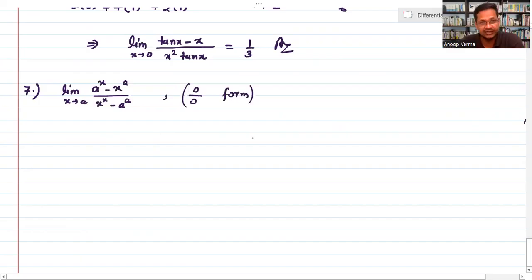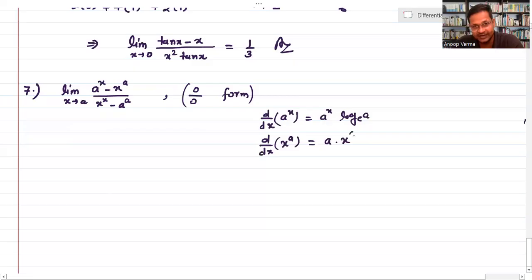If you are going to find the derivative, हम यहाँ पर लिख दे रहे हैं डेरिवेटिव ऑफ a to power x. So you simply know the formula, the derivative of a to power x is just equal to a to power x into log of the base a. What is the derivative of x की power a? Simply this is a x power n type का formula है, because a is some constant, so you can have this is your a into x की power a minus 1. When you are going to take the derivative of